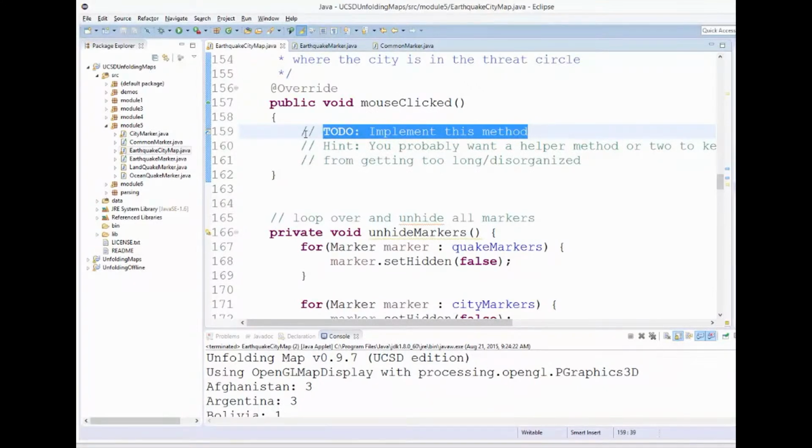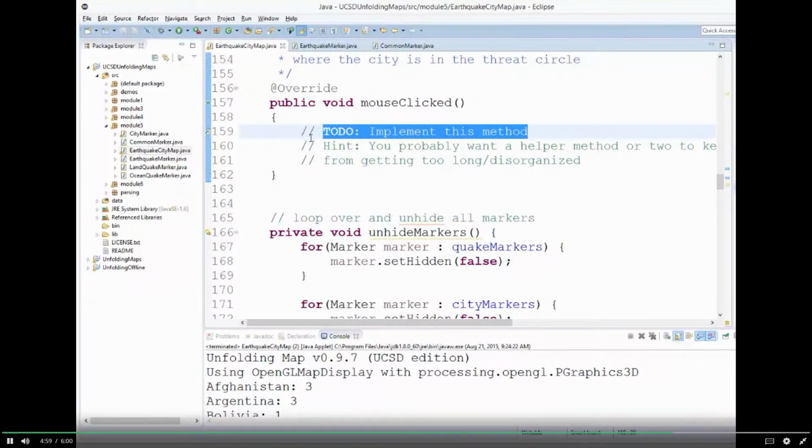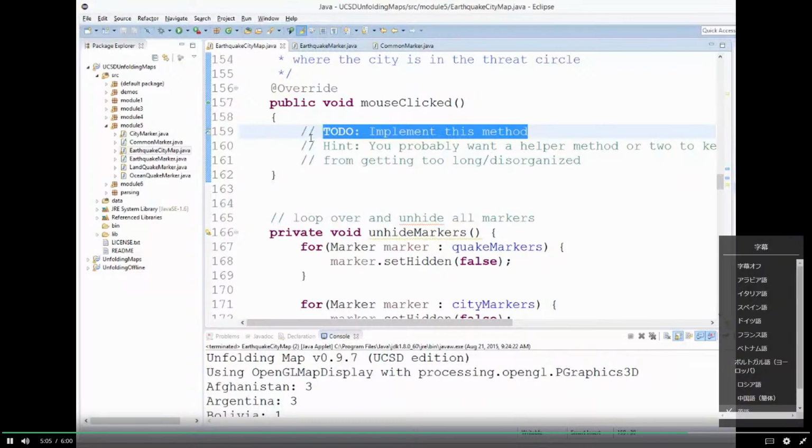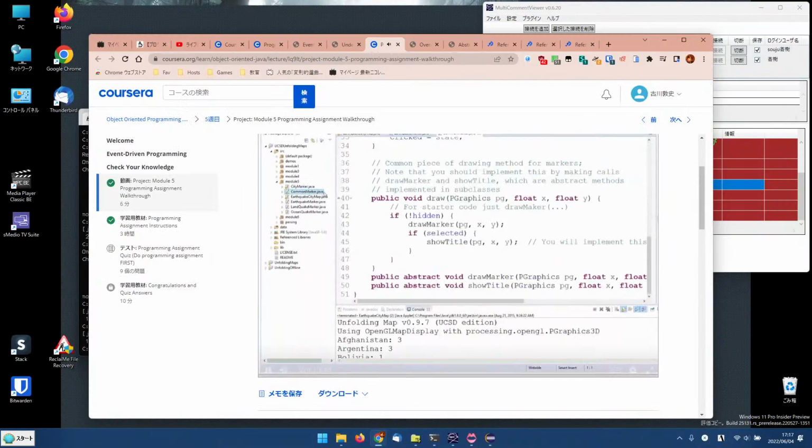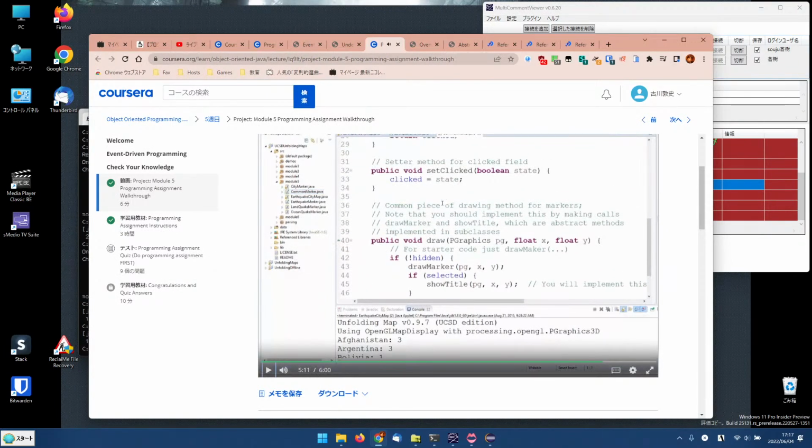This is not a totally trivial method, and you'll want some helper methods to keep mouse click from getting too long or disorganized. But essentially, you need to iterate through the earthquake markers and the city markers, see if any have been clicked, and then if they have, you'll need to do some additional iteration to hide the markers that aren't supposed to be displayed, or to show the markers that are supposed to be displayed at any given point. Again, one thing to note about the common marker, since all of these are common markers, is also